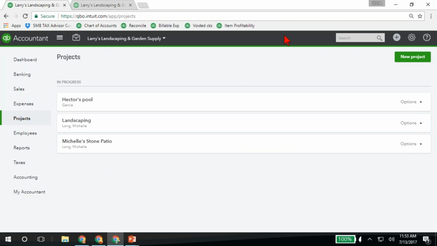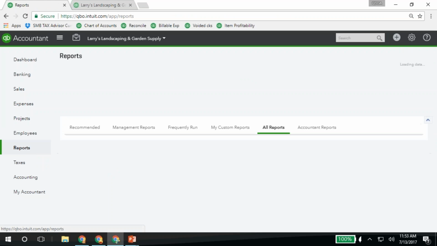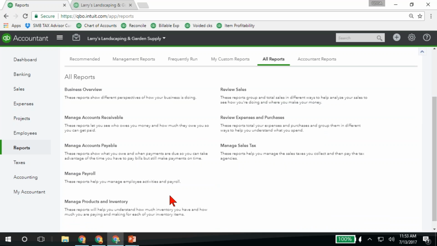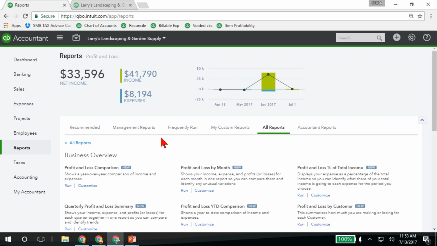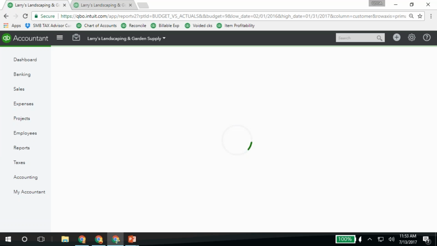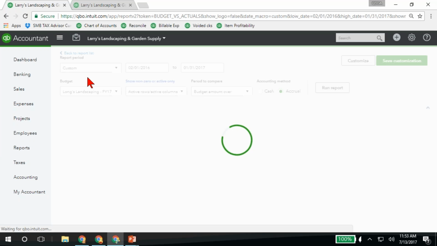So for example, let me come in here and just click on reports. This is something new. I don't know how long this has been out there. I just discovered it. So it may have been there for a while, but I just discovered it. Now that doesn't mean anything. But if I run my budget versus actual report, I'm going to come in here and let's choose,